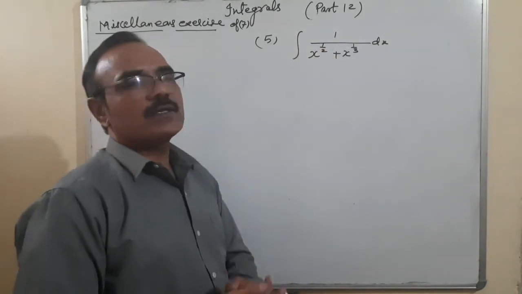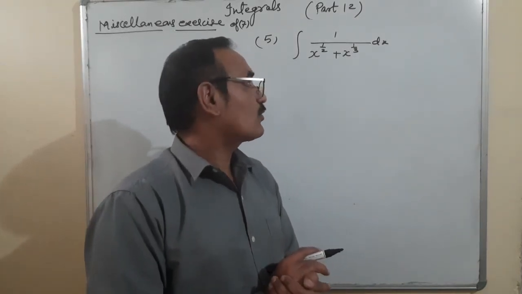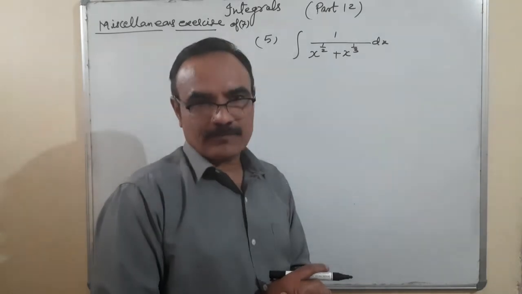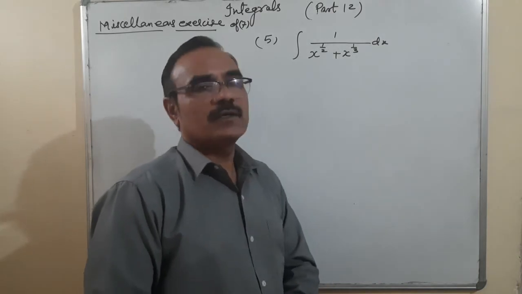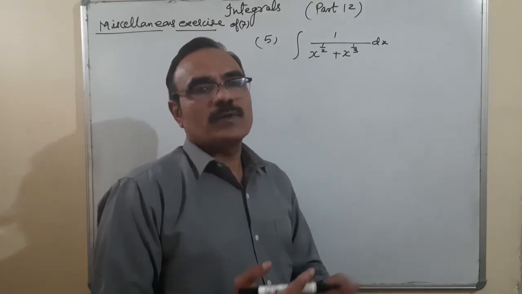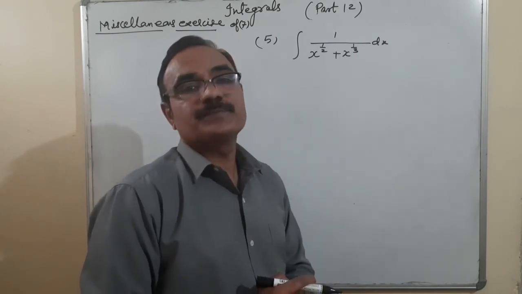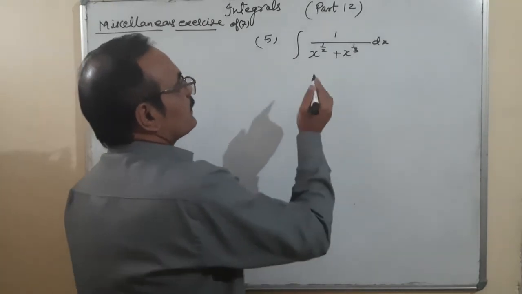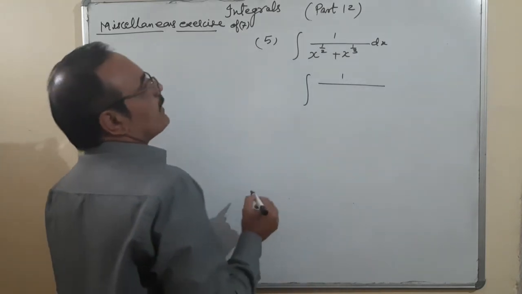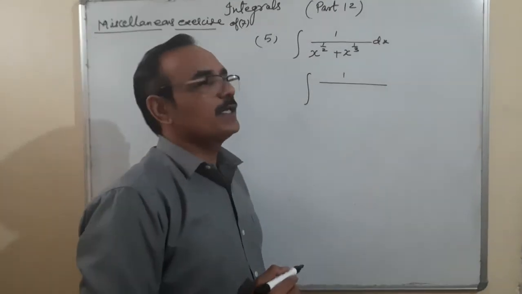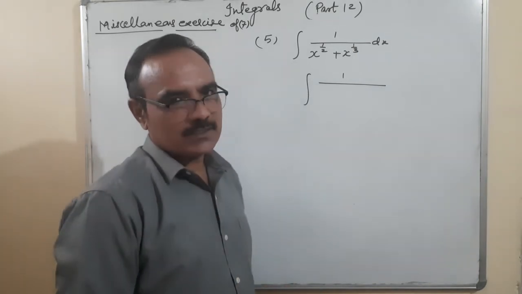1 upon 2 and 1 upon 3, there are two powers. 1 upon 2 and 1 upon 3, that means the common term is 1 upon 6. If you add them, 1 upon 2 plus 1 upon 3, or 1 upon 2 multiplied by 1 upon 3, what is coming here? 1 upon 6. So 1 upon 6 is a very common term in it. Because 1 upon 2 and 1 upon 3, these two rational numbers, if you want to convert into the form of integer, I think this is the best way.